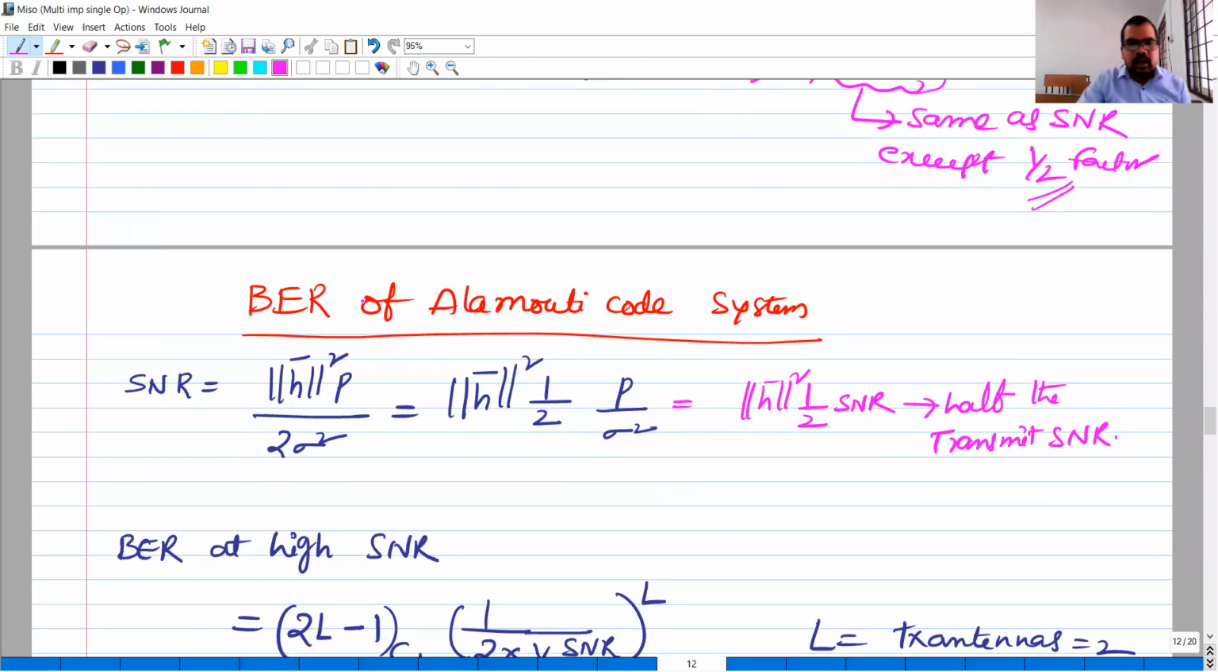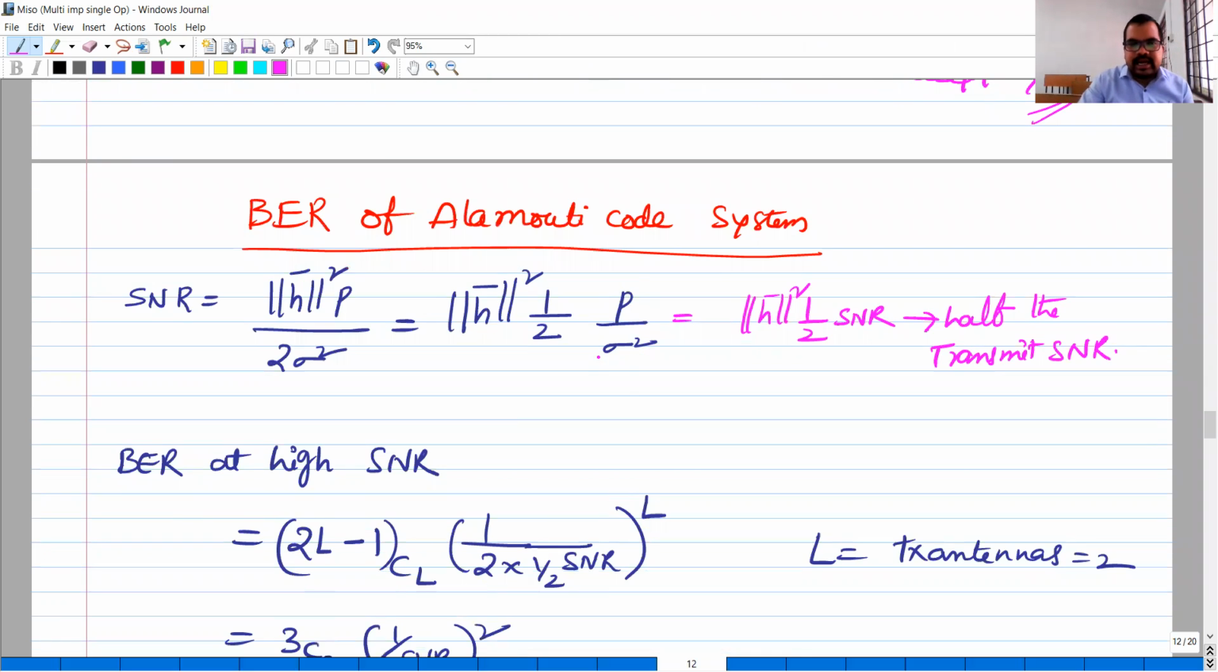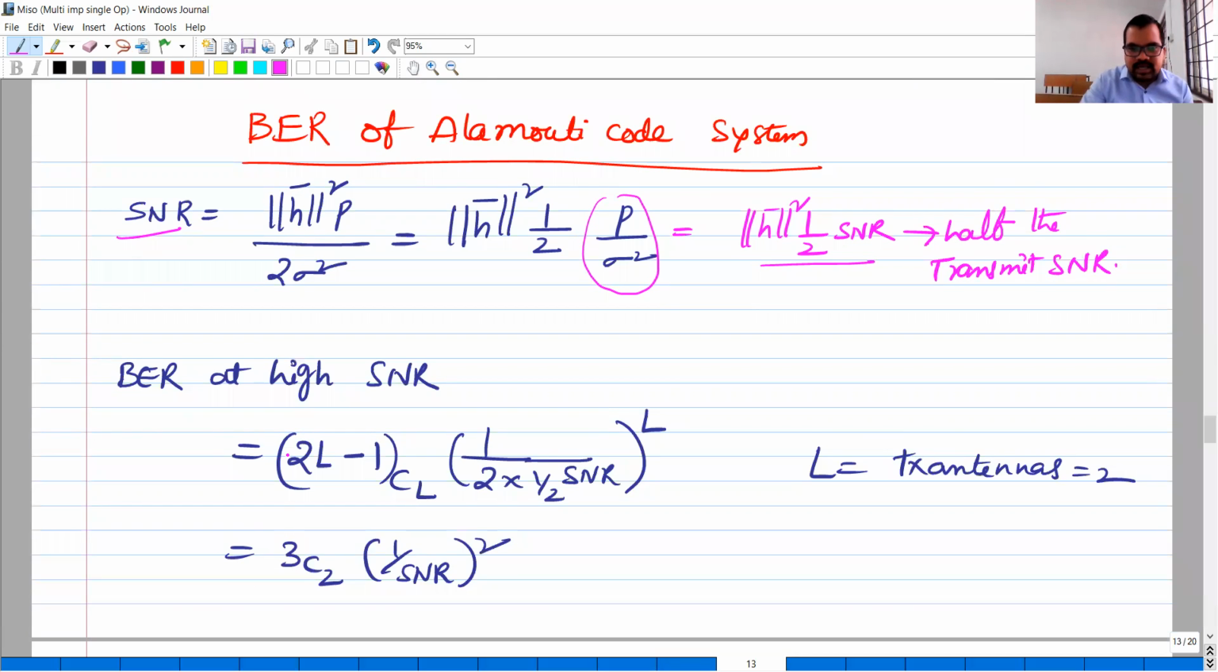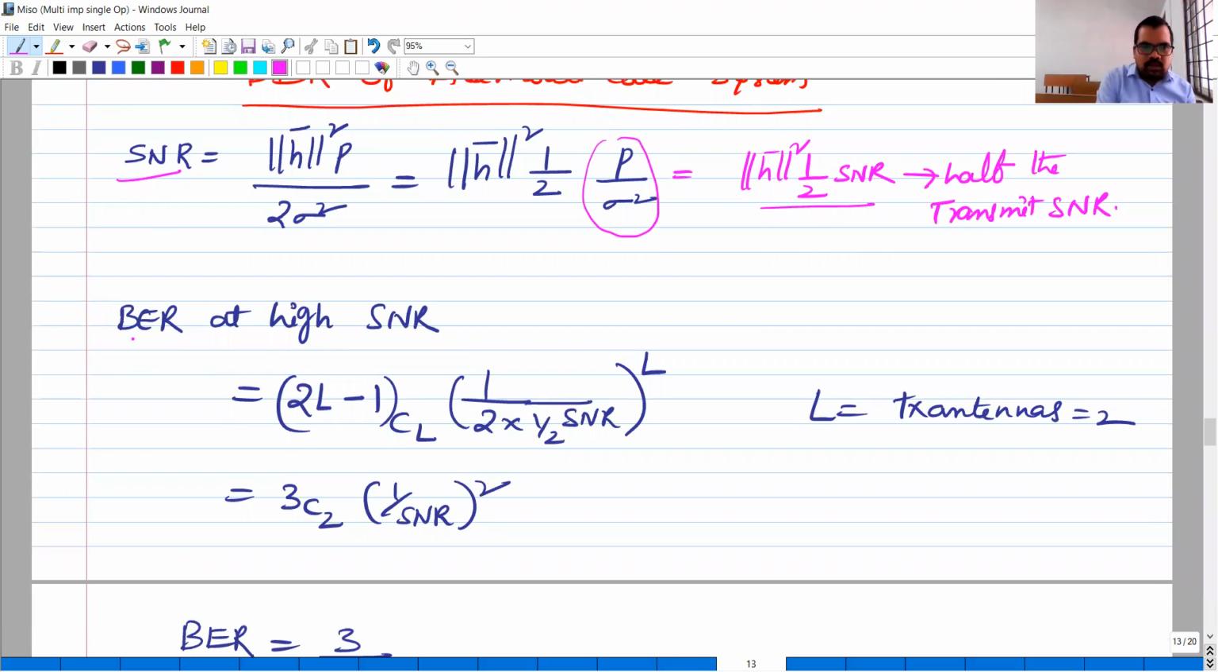Now here we have to see the bit error rate of Alamouti code. The bit error rate of Alamouti code, this is the signal to noise ratio equation. Here we can simply call this the signal to noise ratio of the general one. The bit error rate for high signal to noise ratio has a formula, which is